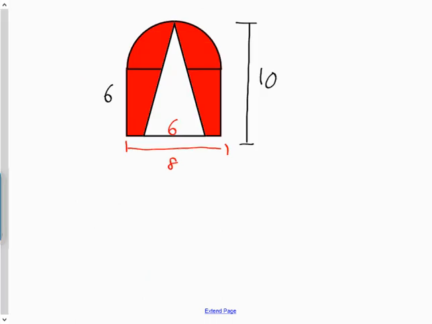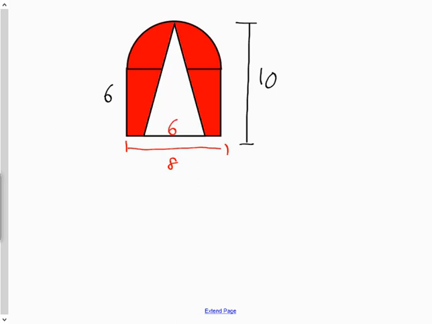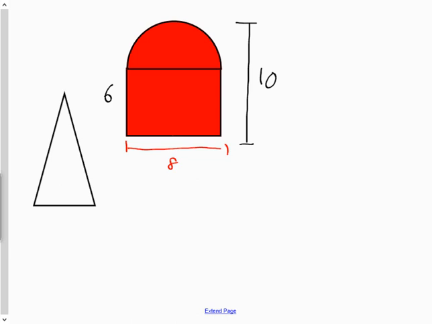Okay, your last question is this composite figure here, and it is rather complicated, so pay attention. If I was to break it down into individual parts, and take this triangle out, and take this here, I would have a rectangle, and a half circle, and a triangle, right? When I put them back together, I could come up with an area for the red, and it would be length times width for the rectangle,